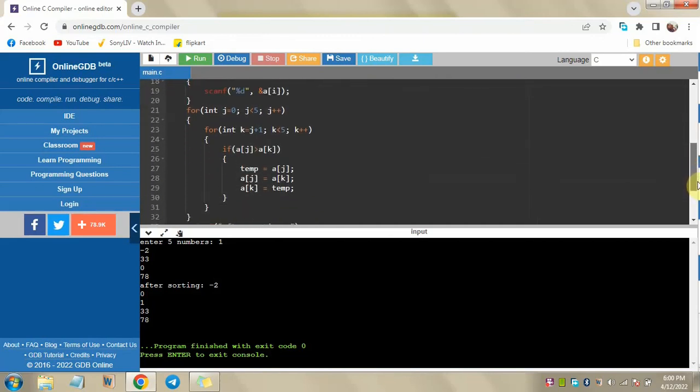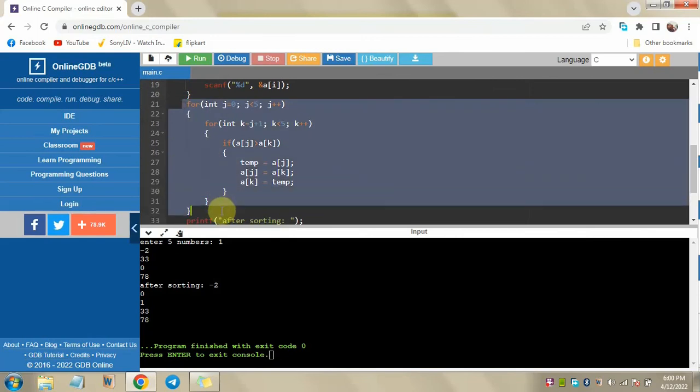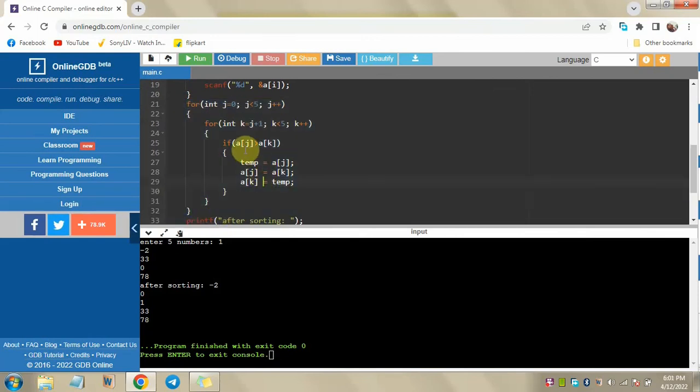See, now here is the main code of the sorting algorithm. This part is the main code of the sorting algorithm. So over here what we are doing is we are taking an integer j for the first element, which is starting at 0, and we will take one after another element in this j of the array. So the jth element of the array A, we will take it. That's why we are taking this for loop and initializing it from 0.